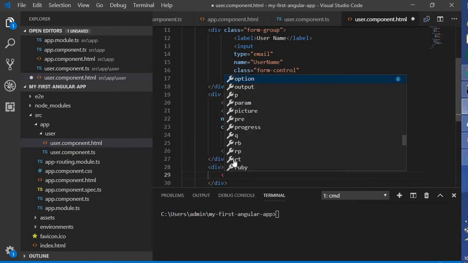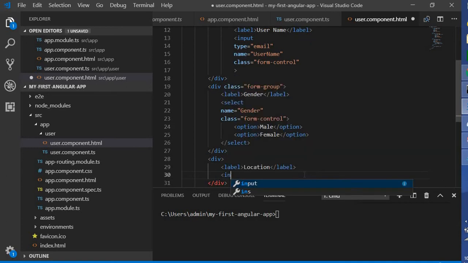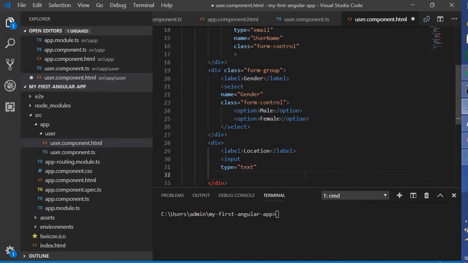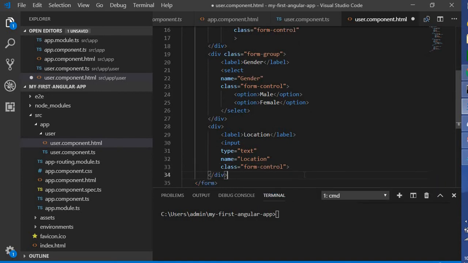Let me add a label, and let me give it as location, and this should be an input, type equal to text, and name equal to location, and class should be form-control. Okay, so I have done it as of now.